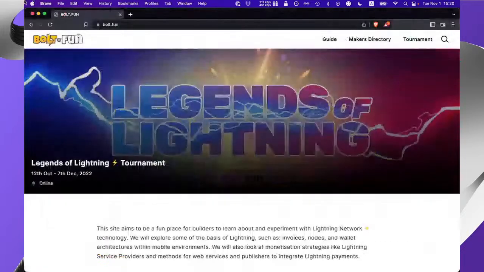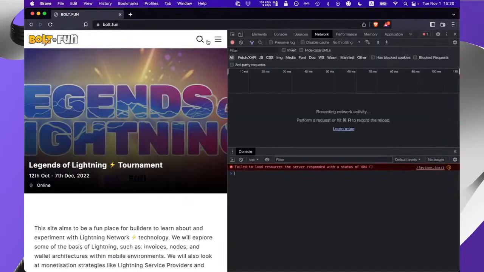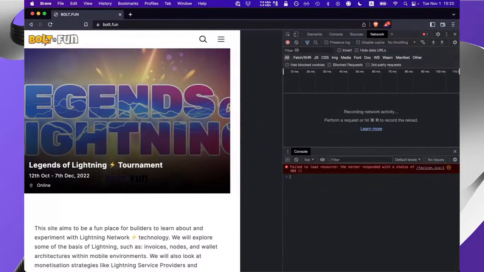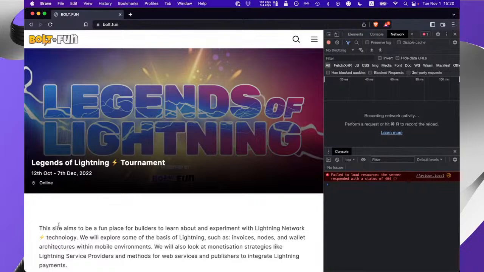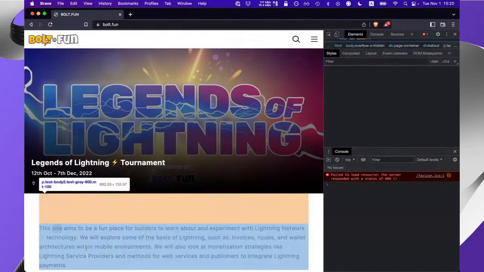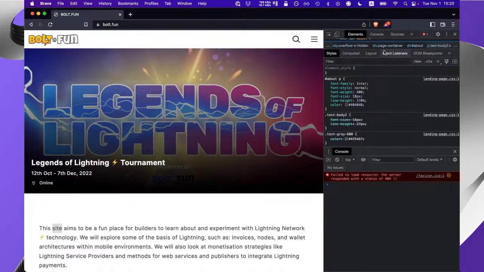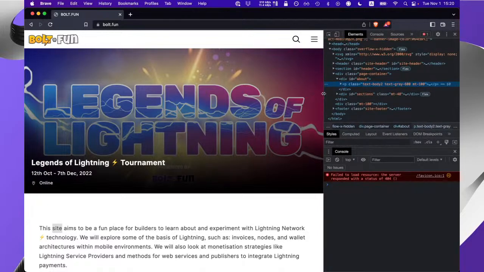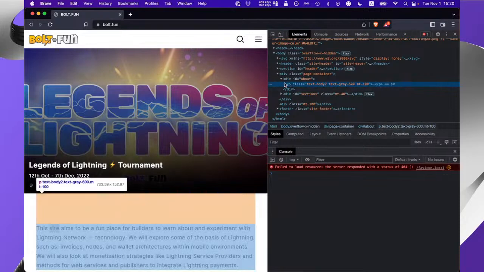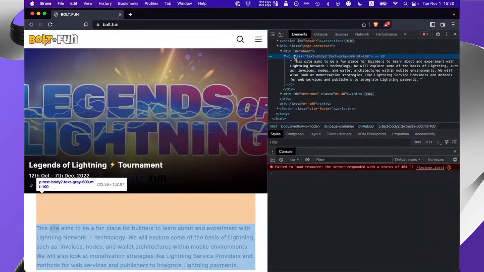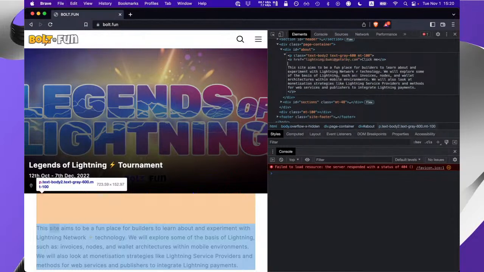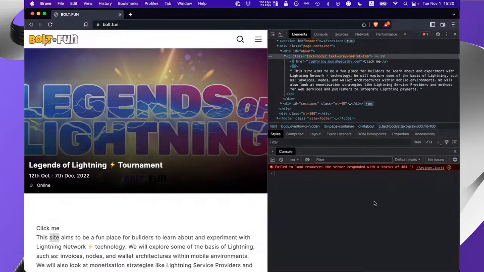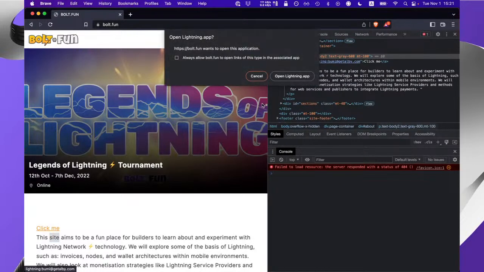Doesn't matter. You just need any website basically, and you can just change whatever in here. So here we have just the dev tools really, and here's a paragraph, and in this case I can edit the HTML, put the link here, put a break. Now we have a click me here, and if I click this now, then because I have a Lightning app